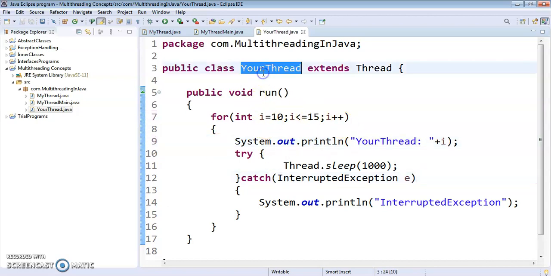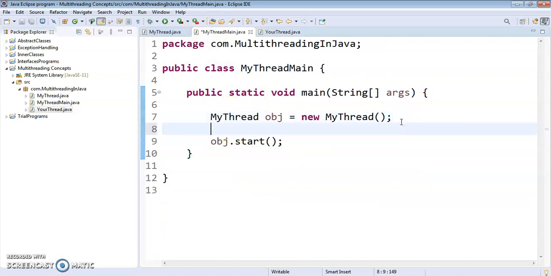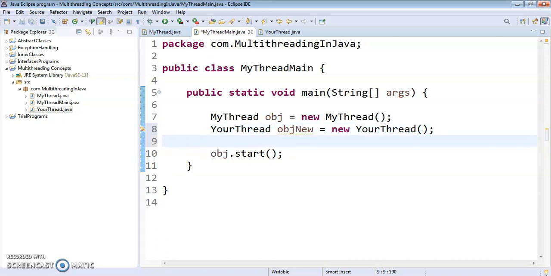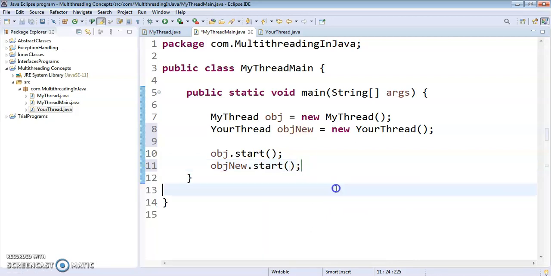Now we will create an object of this YourThread class. This time I'll give the name as object equals new YourThread. And finally, after calling this, we'll call the start method again, but this time using the object of the YourThread class.